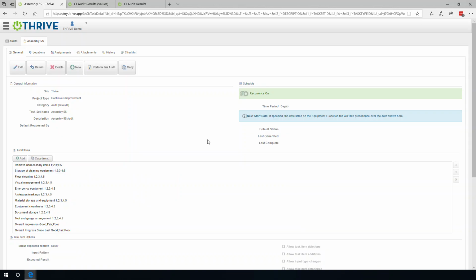Let's take a look at the Thrive audit features. Here I have already pulled up an audit that has been created. You can see here there's some basic information and the name and the description of the audit. Over here is the scheduling. You can schedule this calendar based, or you can perform it ad hoc, and that's what I'll be doing